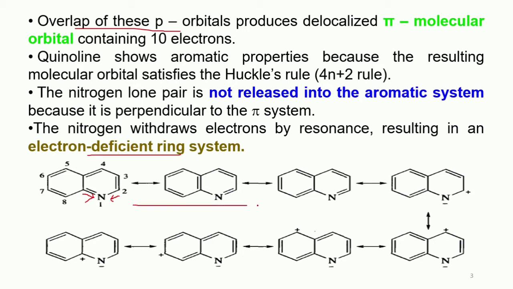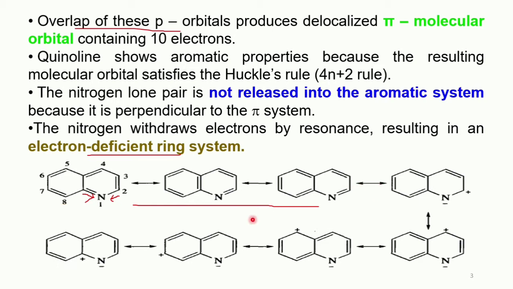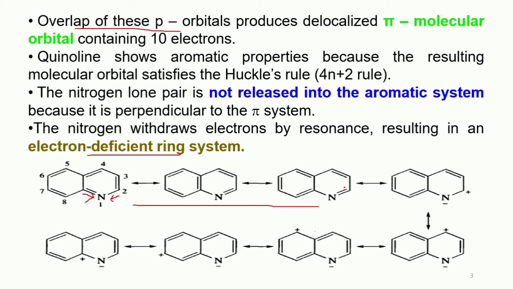You can see that the first three are Kekulé structures. The changing of bond positions can be seen among these three structures of quinoline. By delocalization of electrons, two electrons shift towards the nitrogen atom. The nitrogen gets the negative charge, and this carbon atom gets the positive charge, as shown in this structure. Then to overcome this positive charge, the double bond moves to this position and the positive charge moves to this position.